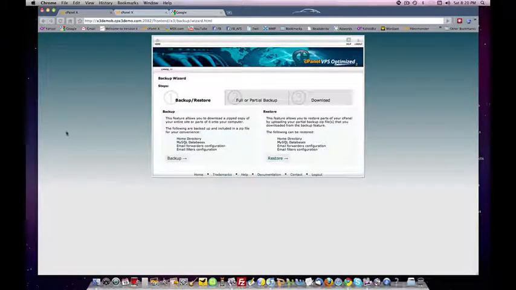Backup Wizard, same thing. The Backup Wizard is a feature that allows you to download a zip copy of your entire site or parts of it. So you can back up your home directory, your databases, etc. It's the same thing, and you can restore here. So there's a redundancy built into